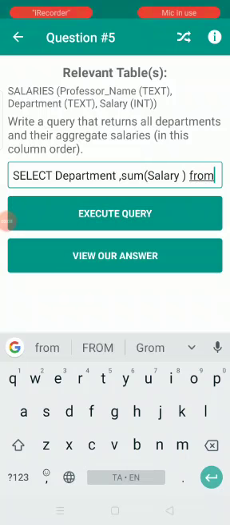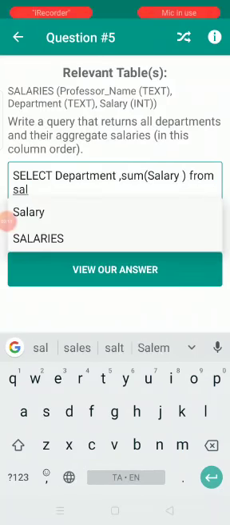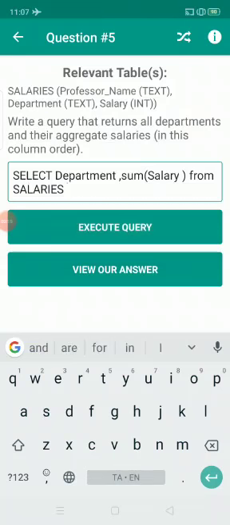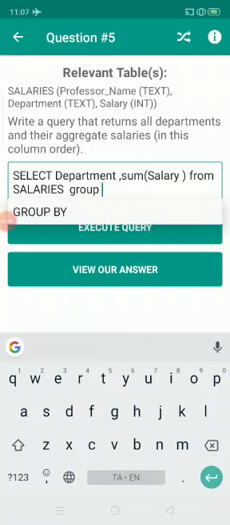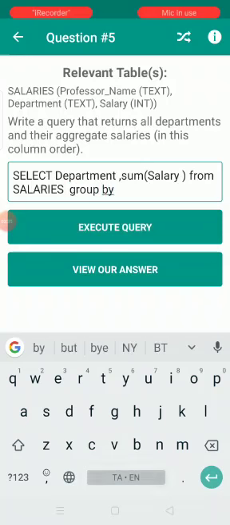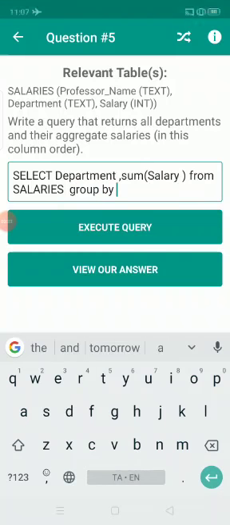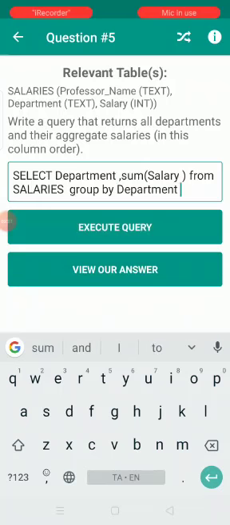From the same table, salaries. Then we use the GROUP BY clause here, so that it groups department wise, otherwise it will give the wrong answer. GROUP BY which field? Department wise, so we give department here.